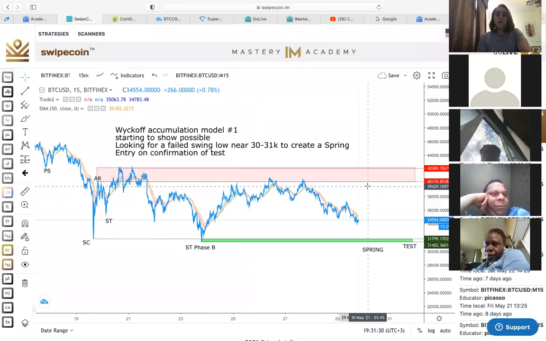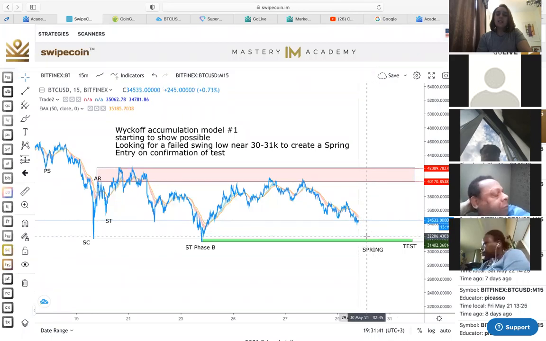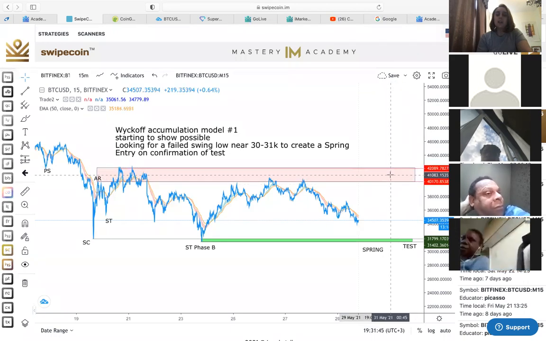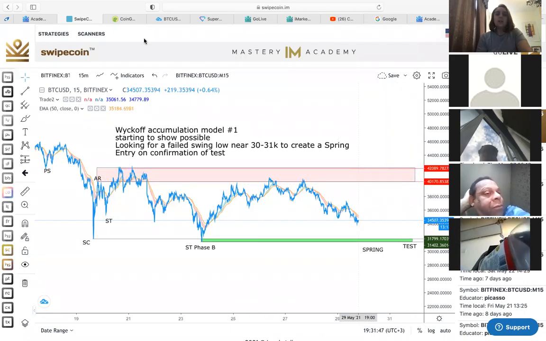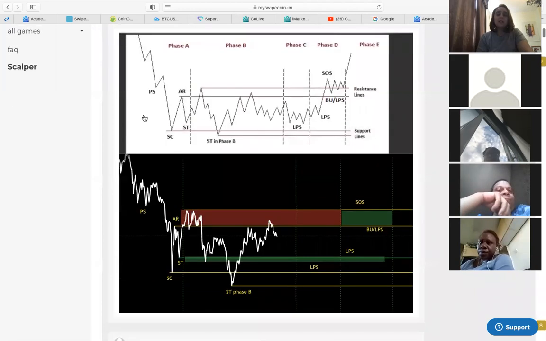The next one, we could push through this resistance now and go up. But we need to gain enough momentum from down here. We need to get enough buyers into the market down here for us to push up into this space right here. Okay, so if we have a look on the swipe coin, if you go into Picasso's brain, you can